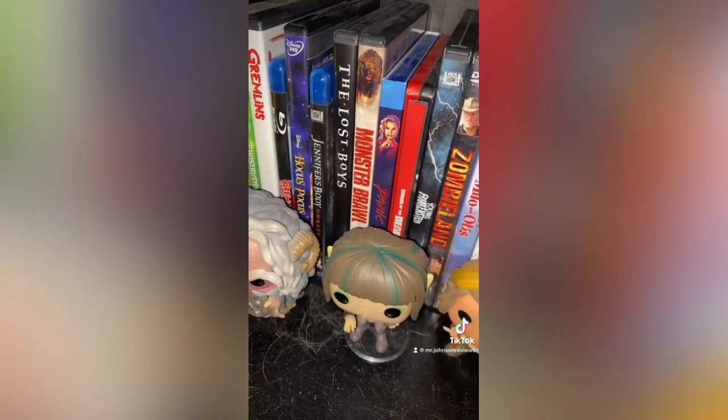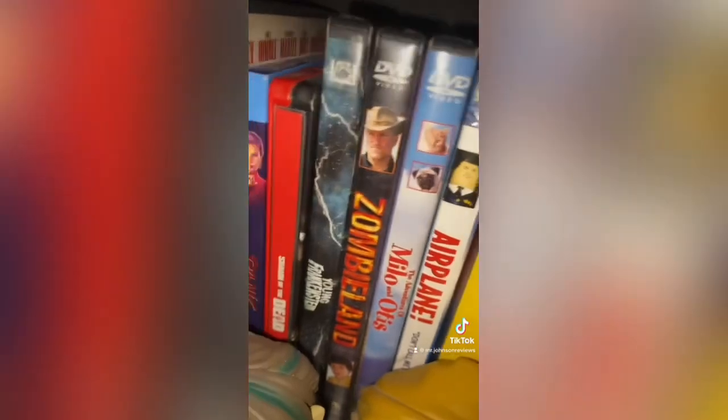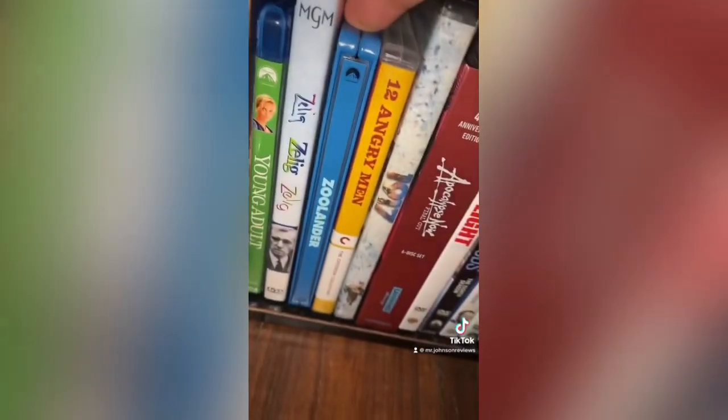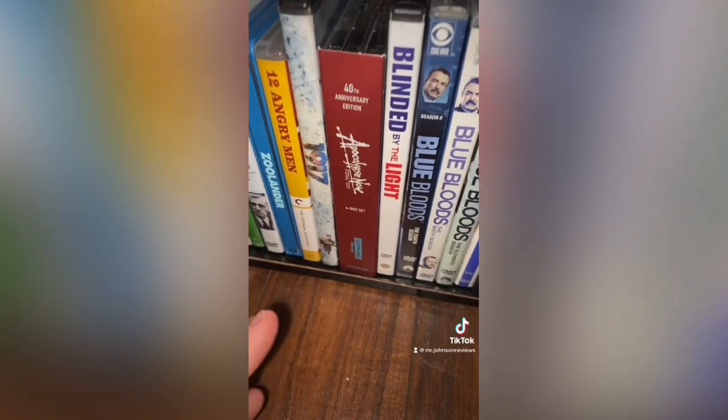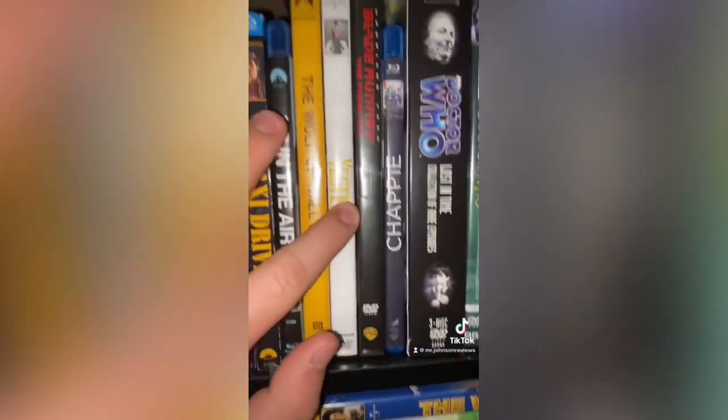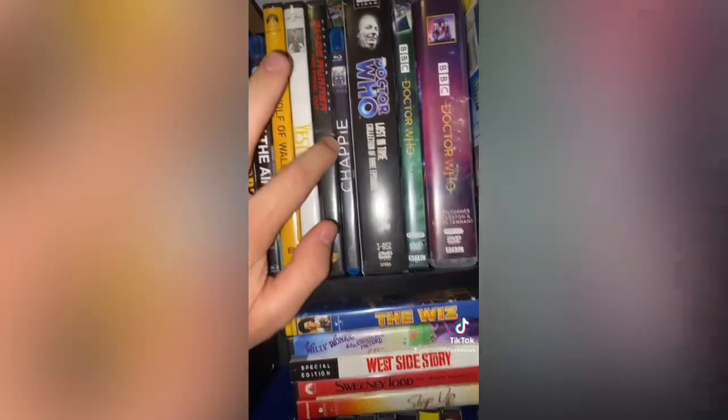And then to transition out of horror comedy, we have basic comedy, which starts with The Adventures of Milo and Otis and goes all the way to Zoolander. Then we have the dramas, which start with 12 Angry Men, and then goes up to Yesterday. Then we have the sci-fis, which start with Blade Runner, the final cut, and then goes a little bit down